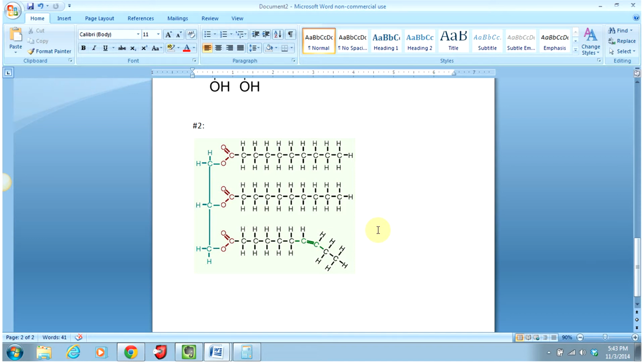Okay, at this point you should have taken a look at this large molecule number 2 and determined whether it's polar or nonpolar based on the functional groups present. Now I do see carbon and oxygen. This was probably a carboxyl group at one point, and when it got linked to this glycerol molecule, we probably lost a hydrogen here. So a carboxyl group, or if we're just looking at the carbonyl, is polar,